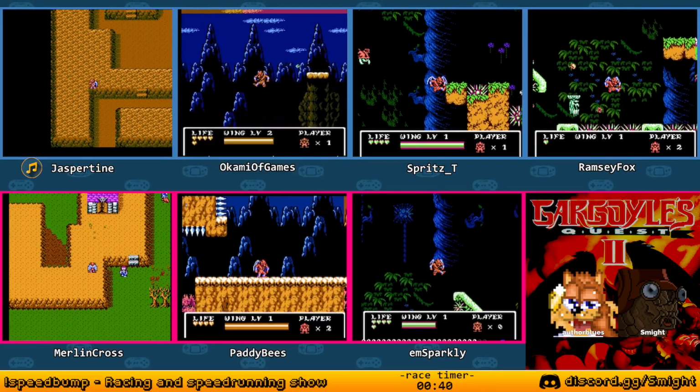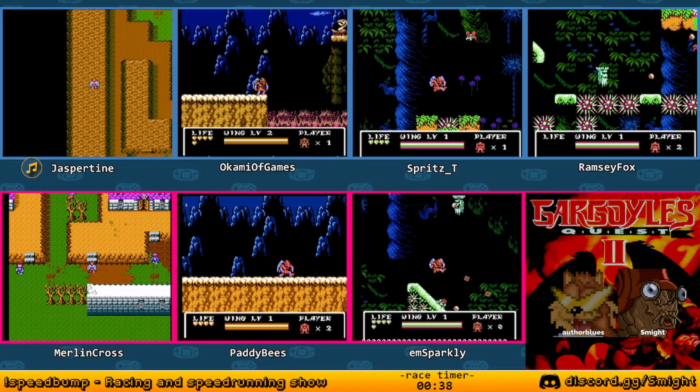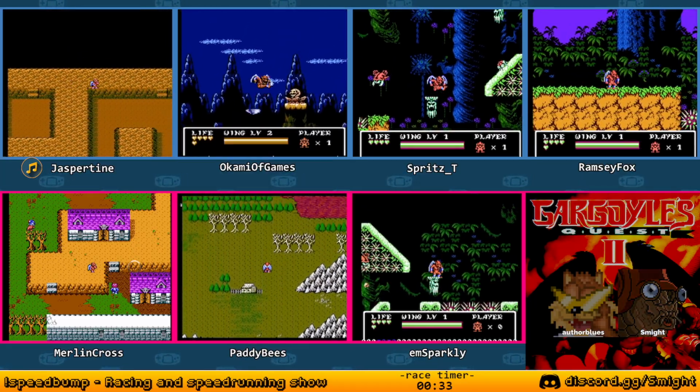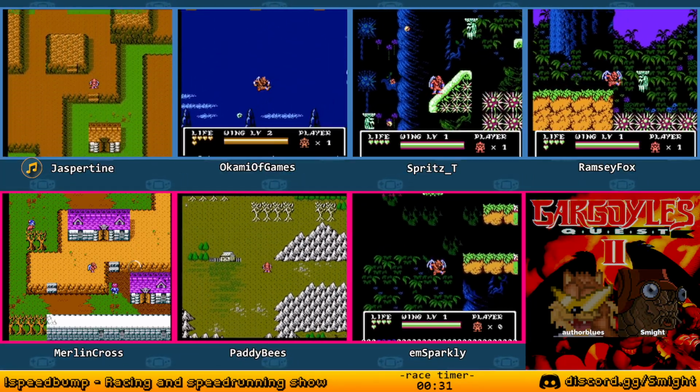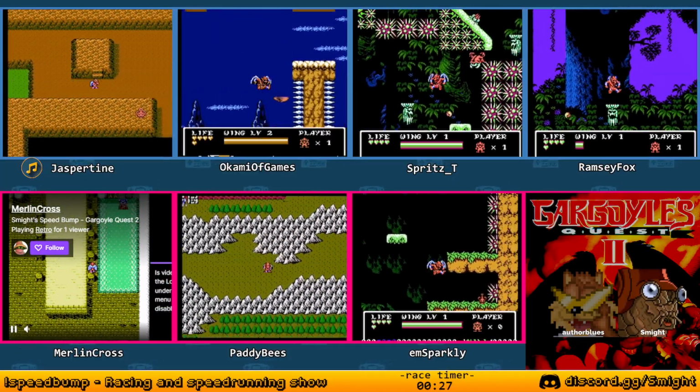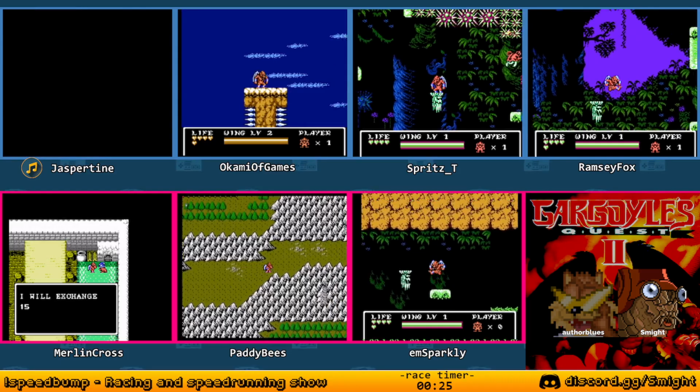Well, under a minute left for our players. I don't think any other bosses are going to show up, based on the location of everybody. You can see Okami using the tornado to get that boost. That is the power that you get from Mega Man